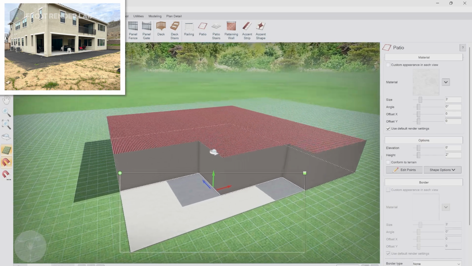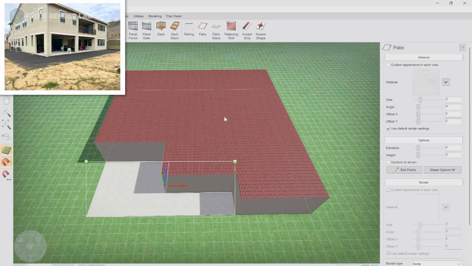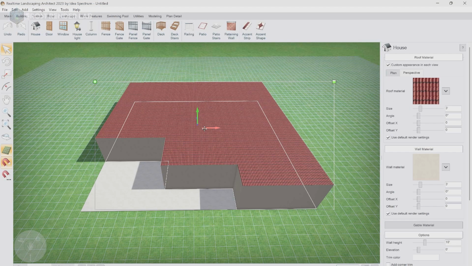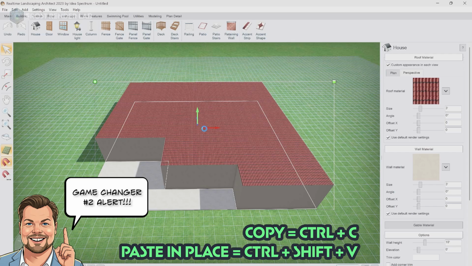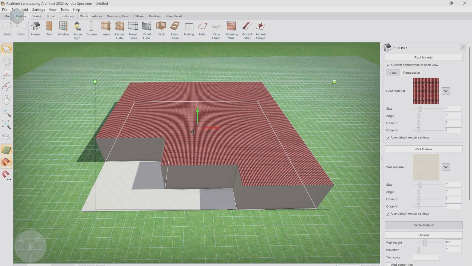Okay. Now we want a second floor. The easiest way to do it is to select the house itself. We're going to copy and paste it, but we're going to do a special paste. I'm going to copy, Control C. However, I'm going to paste in place, which is Control Shift V. And the difference and the nuance there is that the copy and paste normally, Control C, Control V, paste it a little offset, which means you paste it onto the actual grid, but it's not directly on top of where